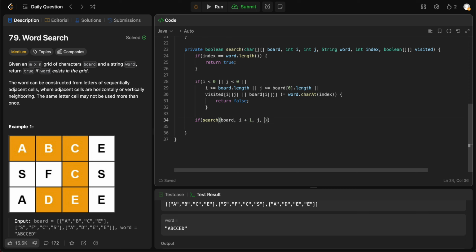So basically, this is going to the cell on the right to check, and then this will be word, and then index would be +1, and before that, we need to mark the current cell as visited,